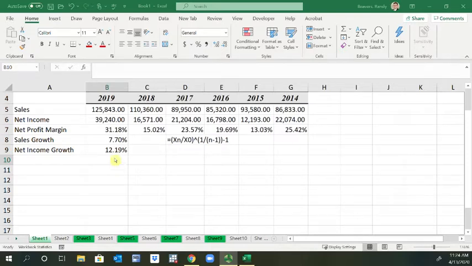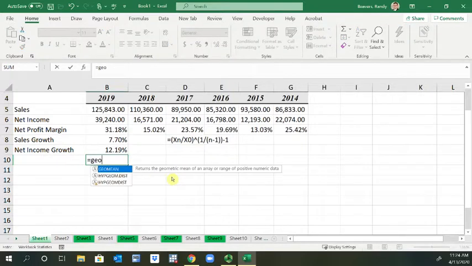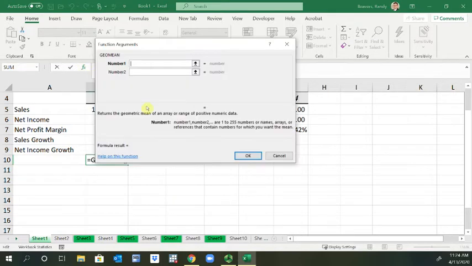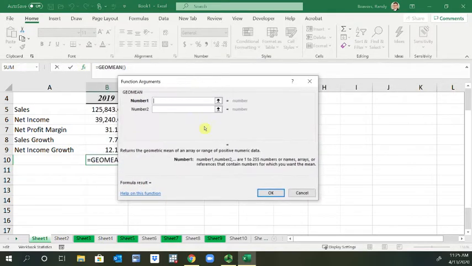All right, so some of you are probably wondering from the last video, is there not an easier way to do this? And the answer is yes. So there's something called the GEOMEAN function. Let me type in GEOMEAN here. And I'm going to hit the FX key to insert the function to give you an idea what it's going to do. So this is going to return something called the geometric mean of an array or range